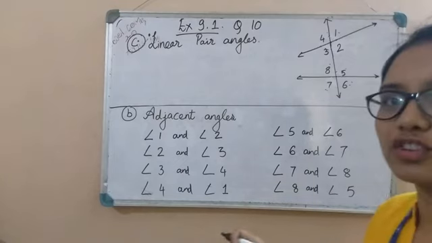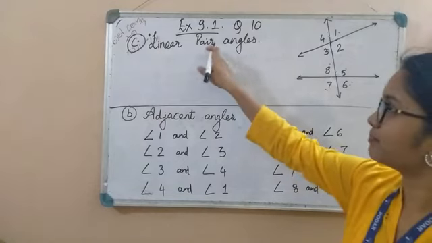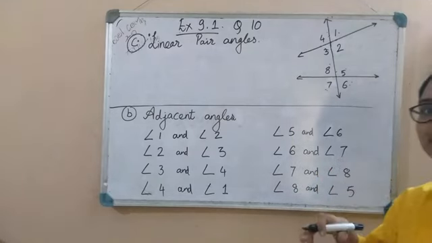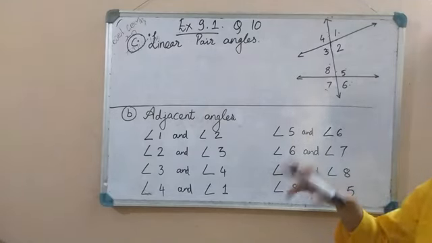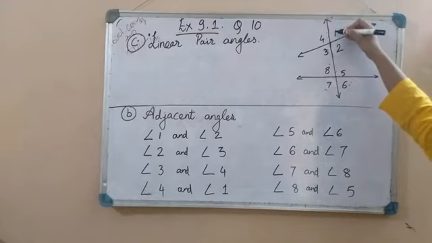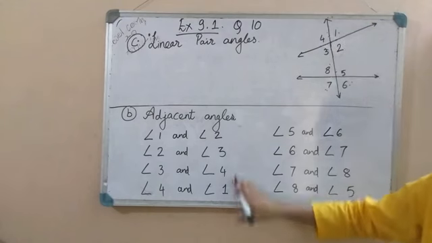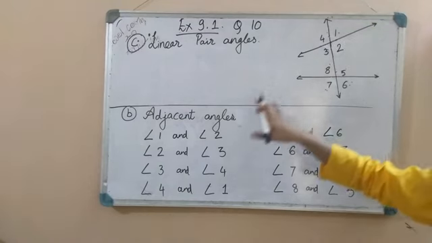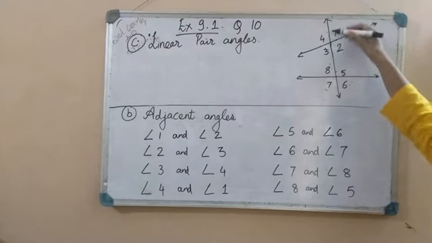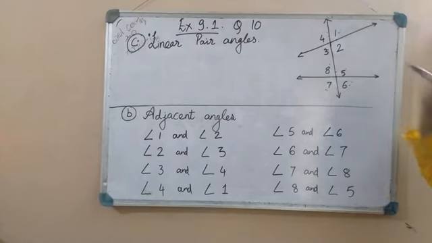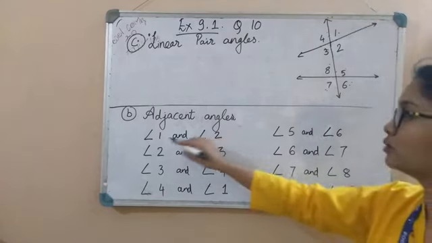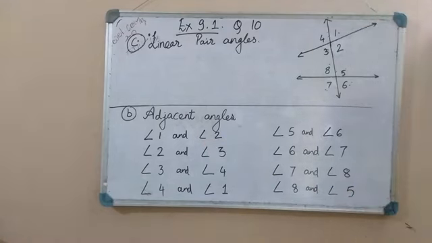So my next question is, they are asking me linear pair angles. Linear pair angles are just like adjacent angles, but the addition should be 180. So here, these two angles, just like adjacent angles, I will be having linear angles. This angle 1 and angle 2, they are the angles made on the straight line. So what will I have? 1 and 2. 1 and 2 are the linear angles.